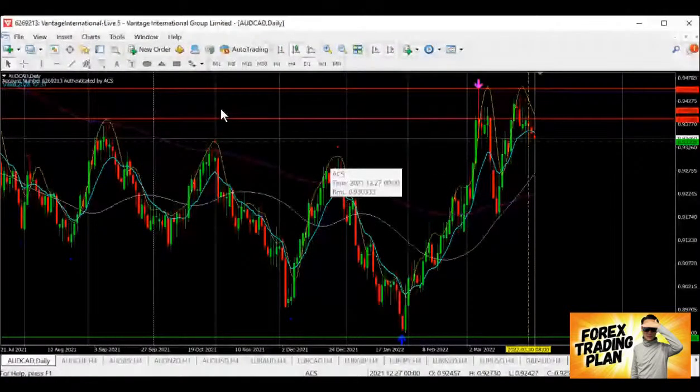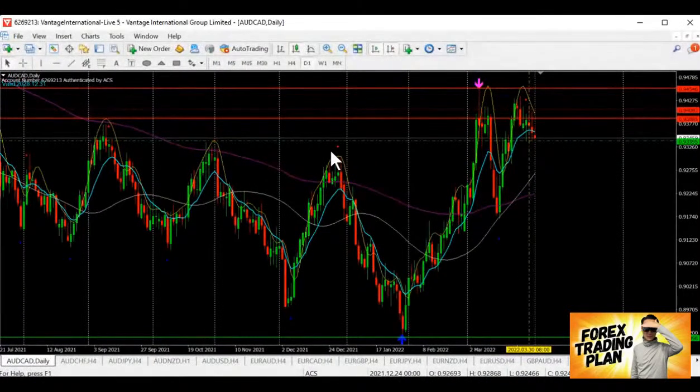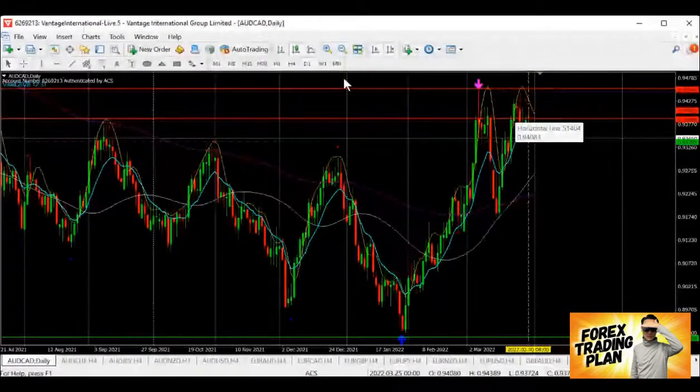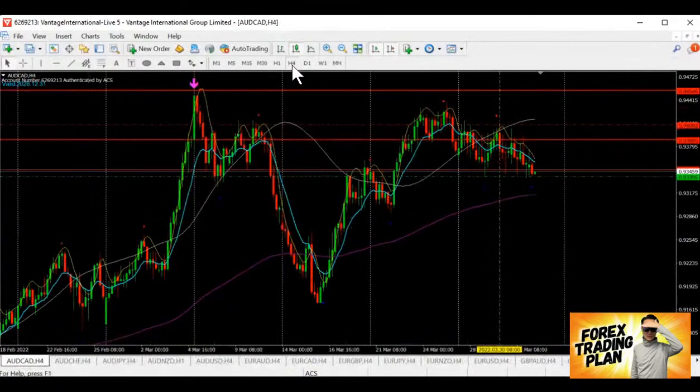In this Aussie CAD, first of all, we are looking at the trend. It is now turning down from the bull into the bear. Right now we are still heading down in the bear. Since we know it's the bear trend, we're going to set our mind just for selling. So tentatively, let's look out for one resistance area here.